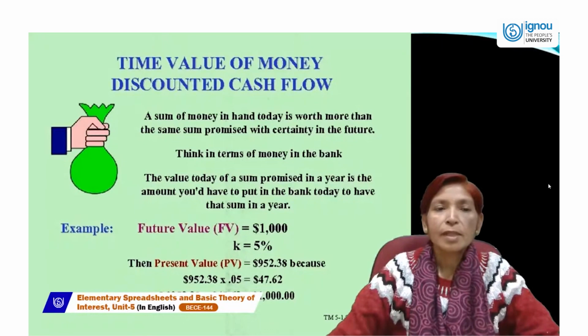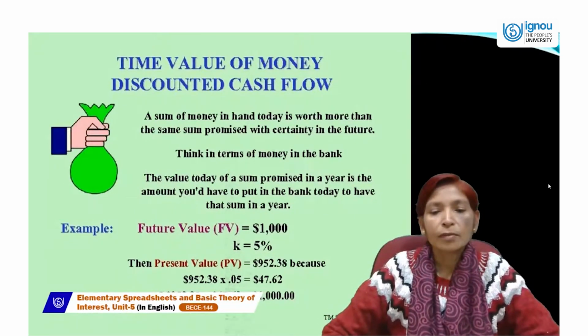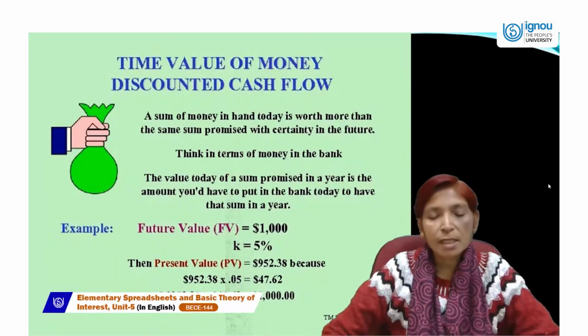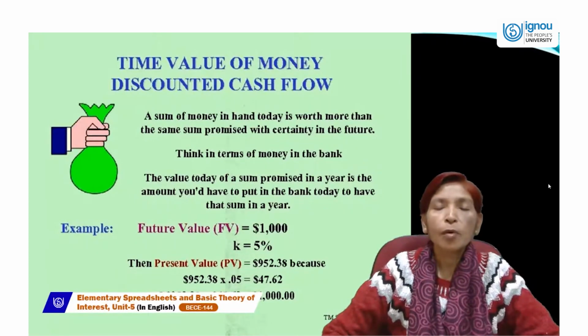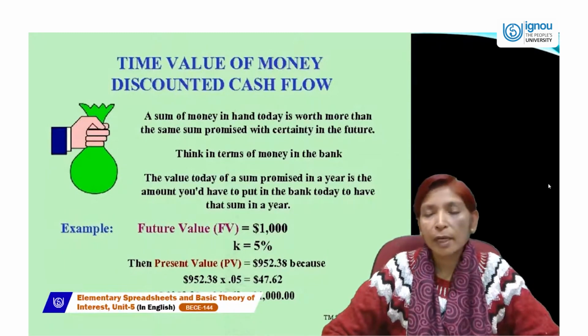For example, if we have at present 952.38 rupees, the present value of the money is 952.38 and the interest rate is 5%. Then